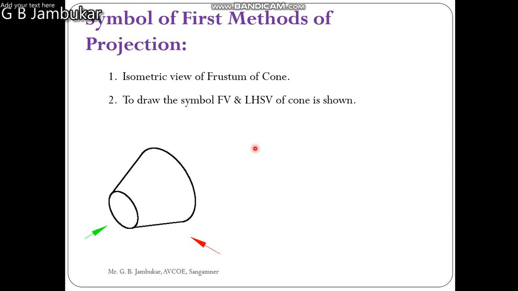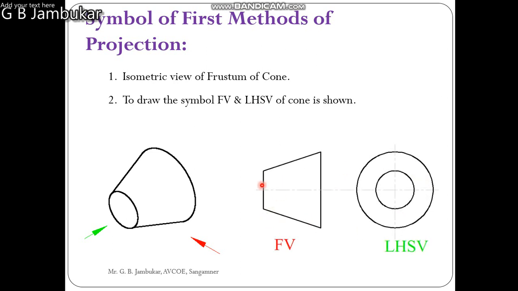Then we get the front view and left hand side view of the cone, which is like this. So front view of the cone is a triangle, and side view is a triangle, with the base circle. So always to show the symbol in which front view and left hand side view of first angle of cone is considered. So this is the symbol for first angle method of projection. Now left hand side view is always on the right side of the front view or elevation.